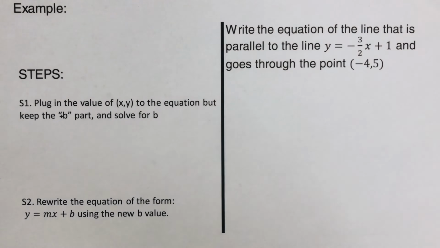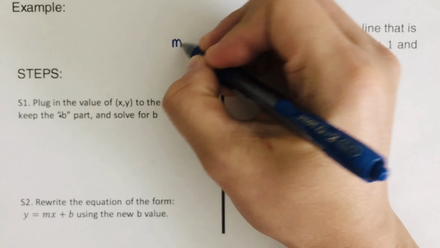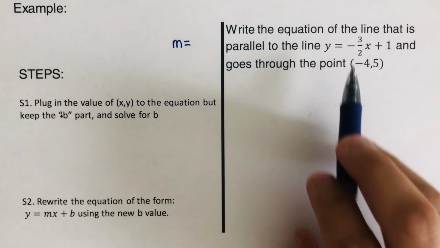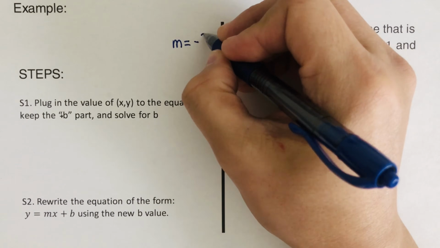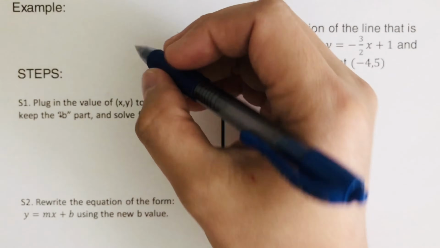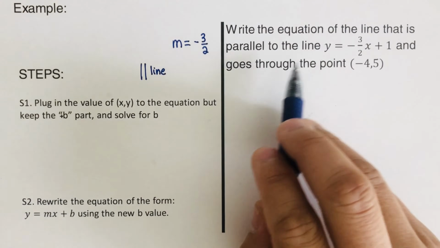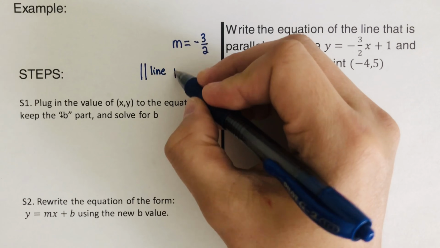Okay, so we go over the problem here. First, we determine the m. So our m here is, again, this is a slope-intercept form. So our m is -3/2. So then we are looking for a line that is parallel. So parallel line. The slope of the parallel line would be the same as this since they are parallel. So m is